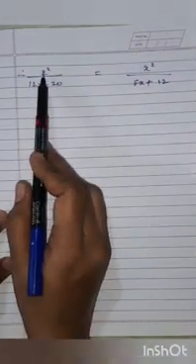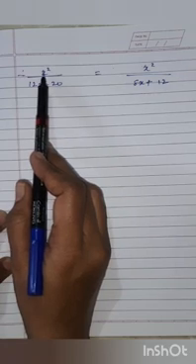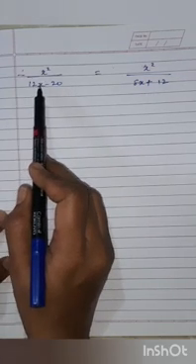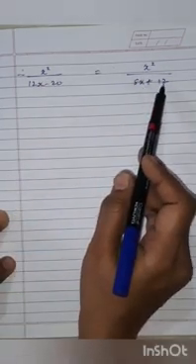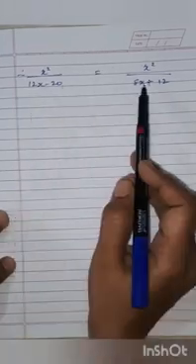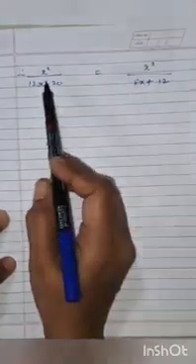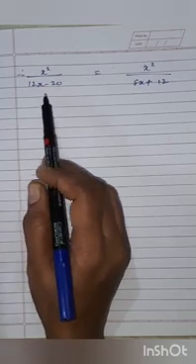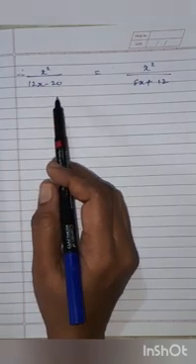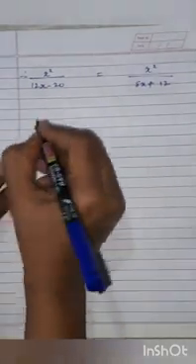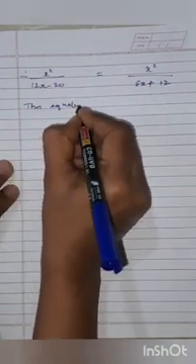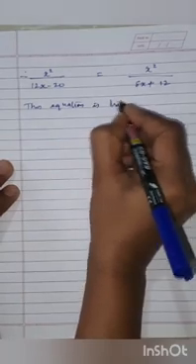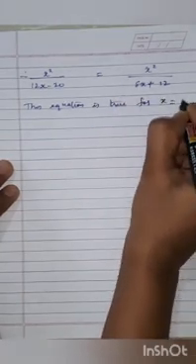Okay, now children, at this stage here we have x square. So when you put this x equals to 0, so what you will get here? 0 upon 12 into 0 is 0 minus 20. So you get 0 upon 20. That means here also you get 0 upon 12. So here both LHS and RHS becomes equals to 0 if you substitute the value of x as 0. So after this step you have to write this statement. What statement you will write here? This equation is true for x equals to 0.